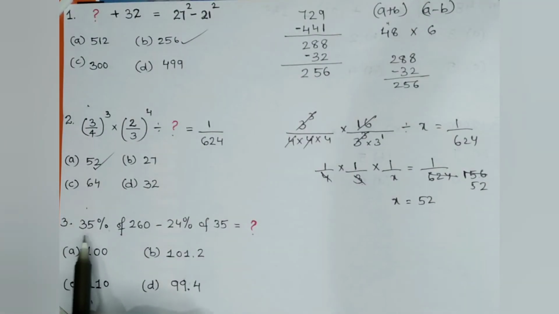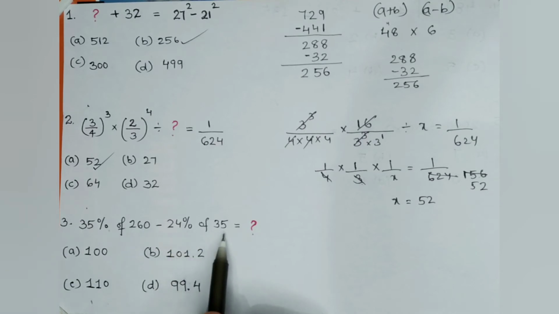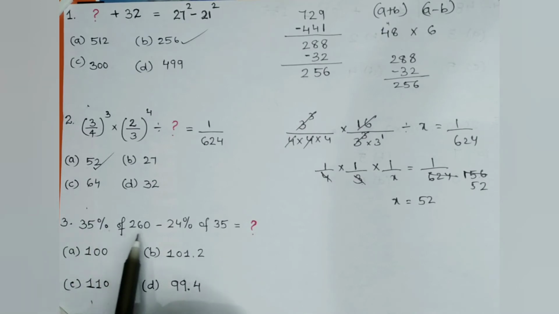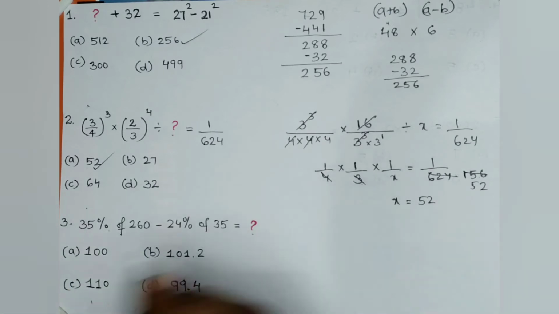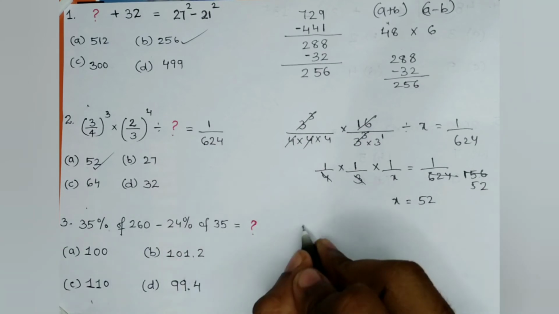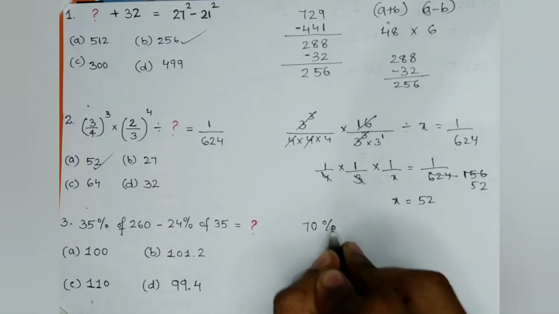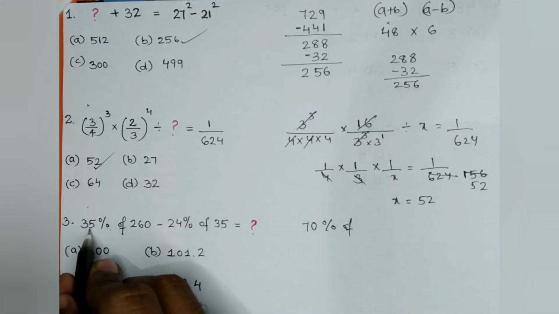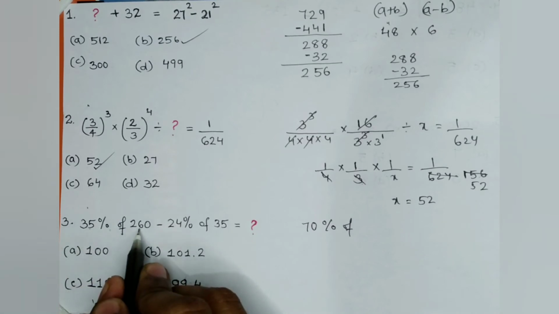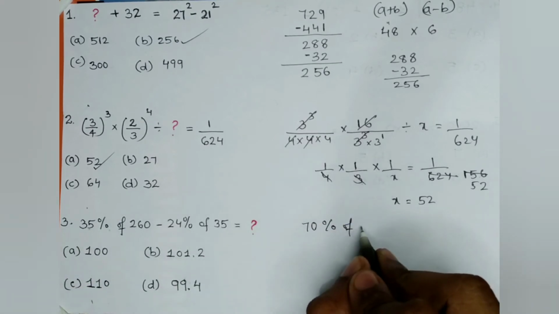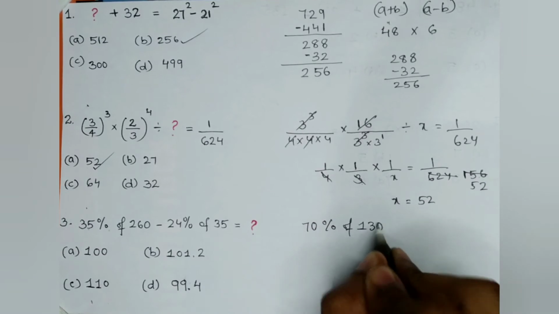The third question: 35% of 260 minus 24% of 35. So you have to get this answer, right? For that, the trick is, for 35% of 260, you have to take the double of this number. What is the double of 35? It's 70, right? So 70% of, when you're taking double here, you have to half this 260. And what is half of 260? It is 130, minus